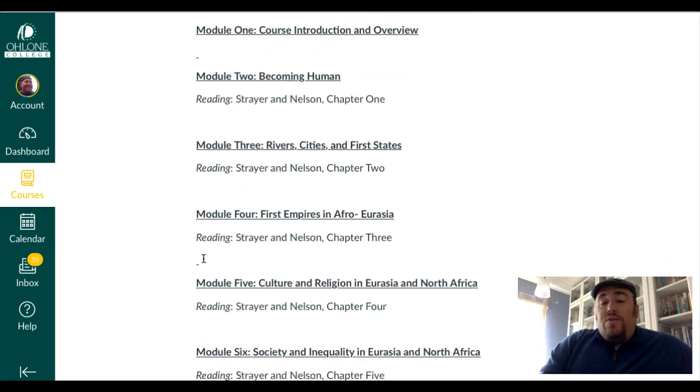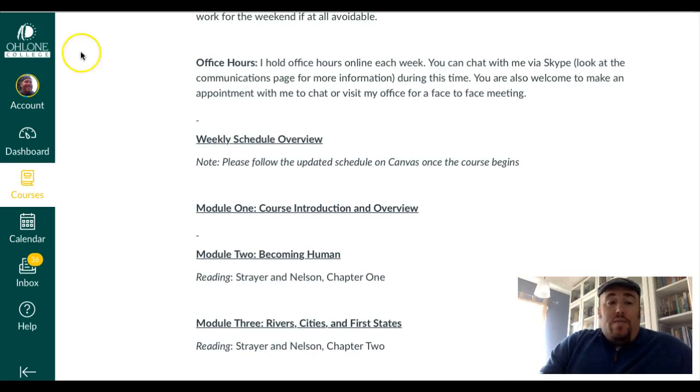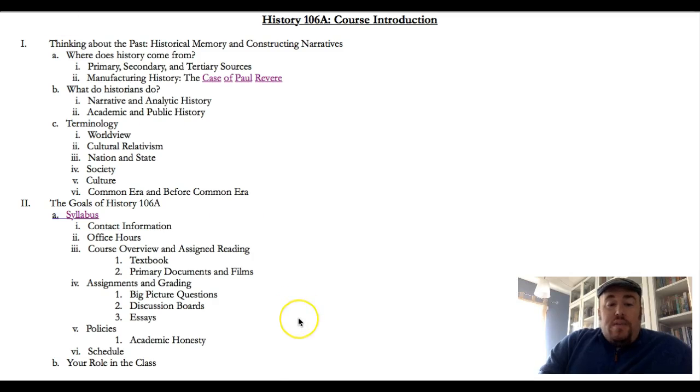And at the close, there's an outline of everything we're doing, all of the different modules. So that gives you a good sense of all of the things that are happening in this class. And really your job is to explore, to complete these assignments and to work both collectively in the discussion board segments and on your own to learn this material in consultation with me. And that's why I'm here.